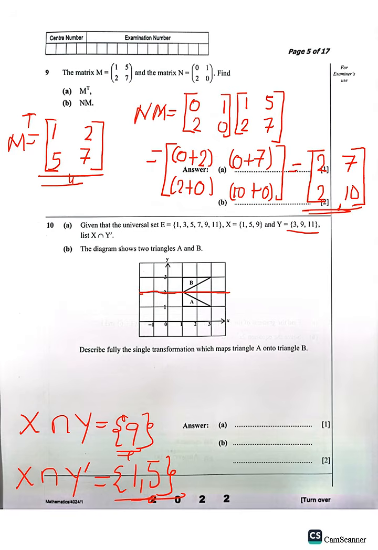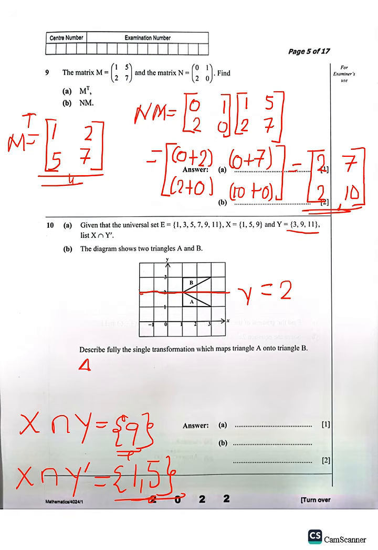Then this mirror line is y is equal to 2, since it is passing through 2. After we have identified the type of transformation and also found the mirror line, we can now proceed by describing. So we'd say